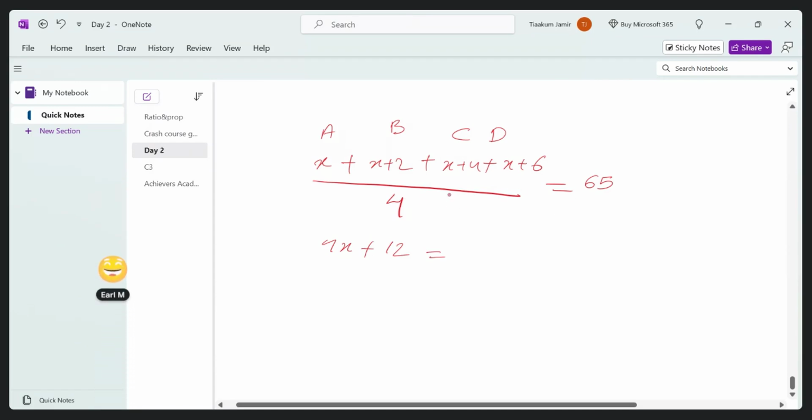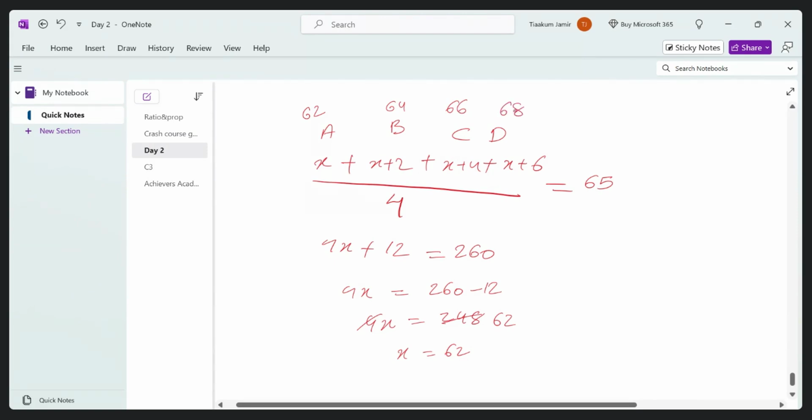Cross multiply: 65 into 4 will give us how much? 260, yes, 260. So 4x is 260 minus 12, this will give us 248, so 4x is 248, and x is 62. That means the four numbers are 62, 62 plus 2 is 64, 62 plus 4 is 66,